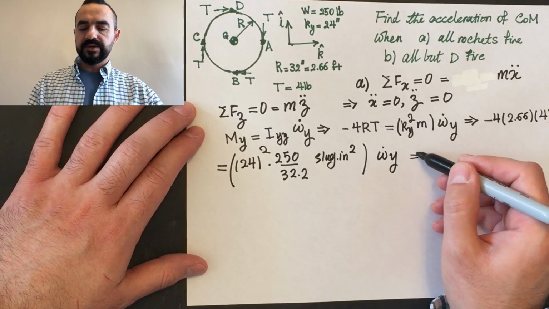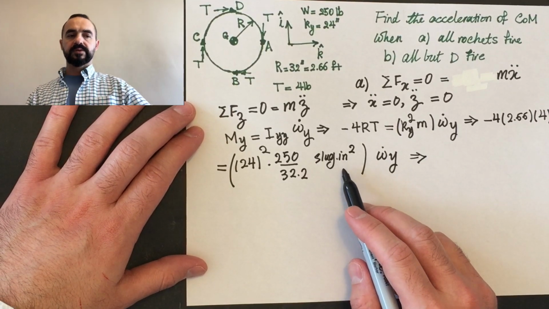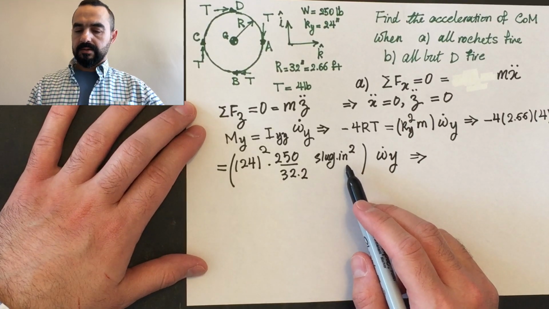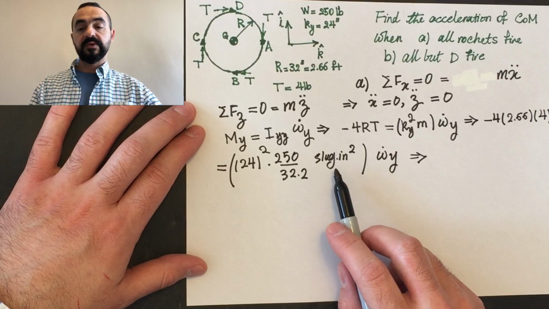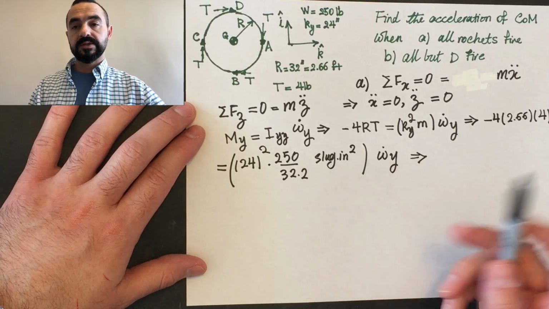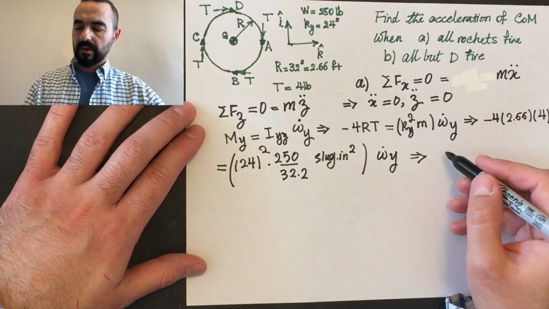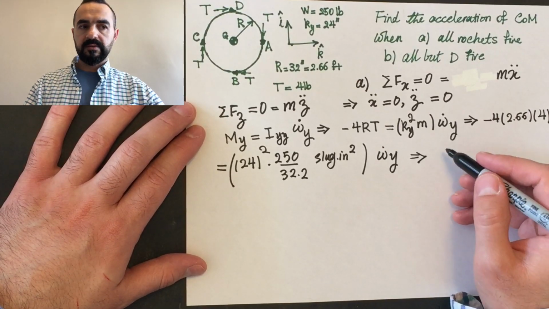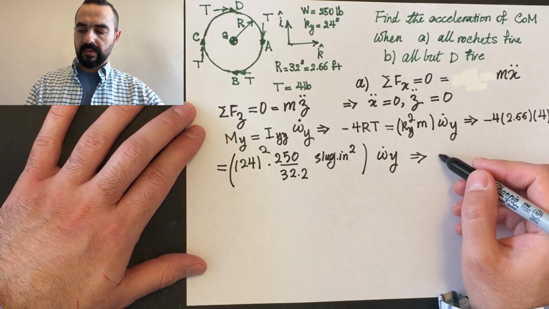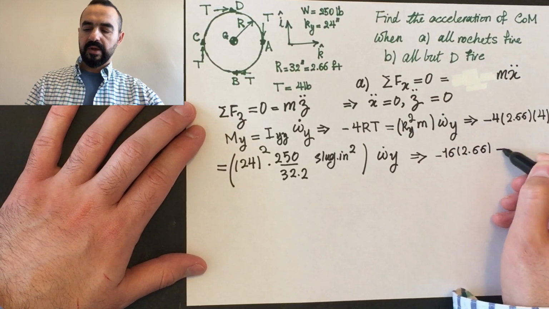So if you do the conversion and replace inches squared with feet squared, in other words, if you divide your inches by 12, you get feet. What you're going to have is, so let me just write down the final number. So you get minus 16, 2.66 being equal to,